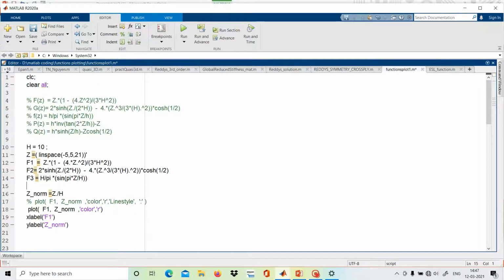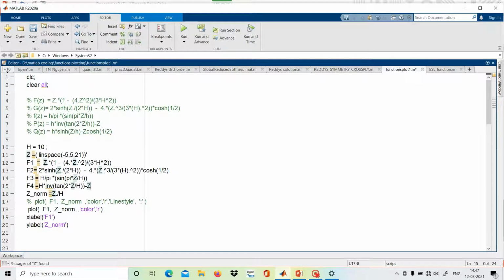And f4 would be here, Control C. Here also H must be capital.